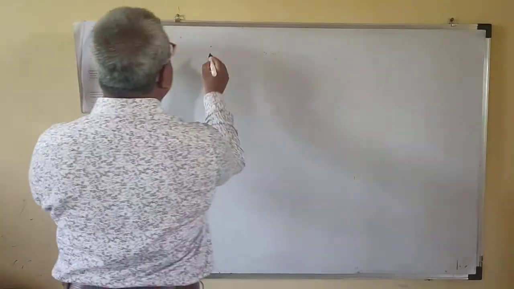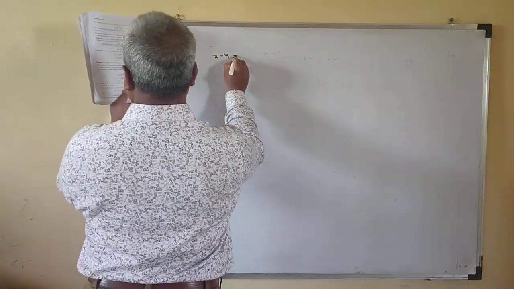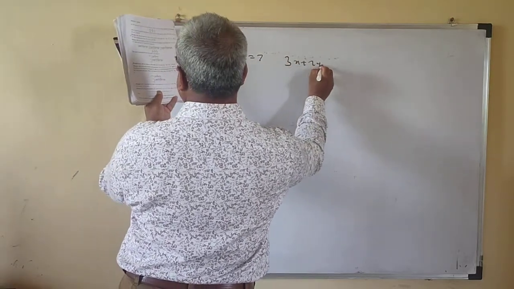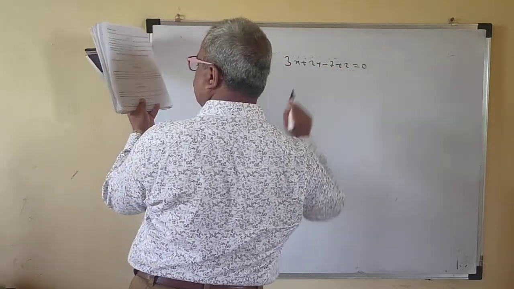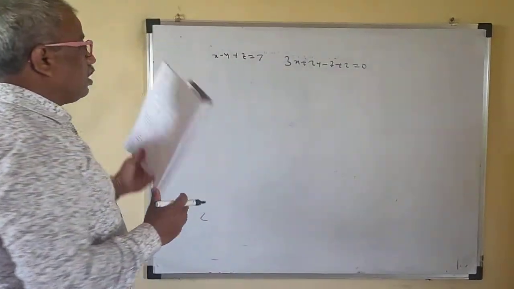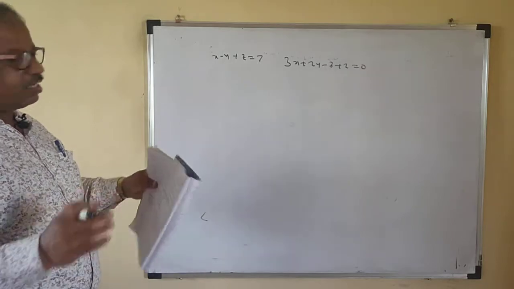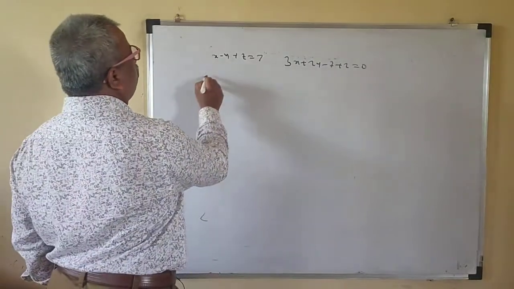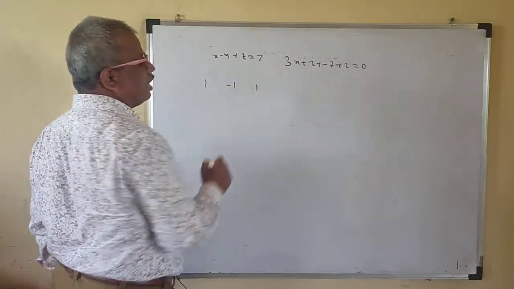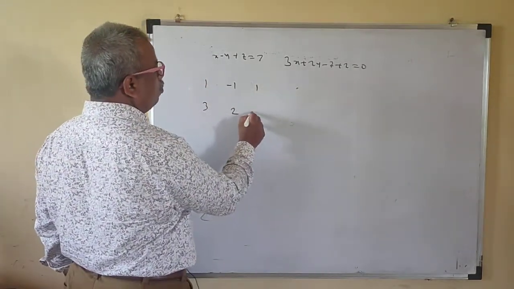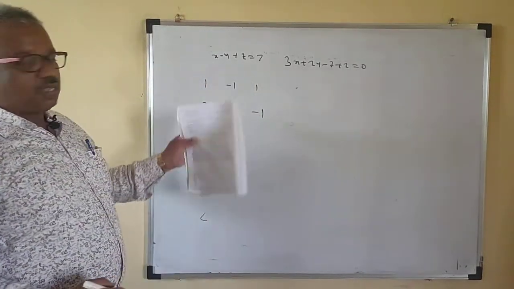Okay, now suppose we have the equations minus y plus z is equal to 7 and 3x plus twice y minus z plus 2 is equal to 0. We want to know whether the normals are perpendicular, parallel, or intersect. So what is this? 1, minus 1 are the DRs of this, and now 3, 2, minus 1 are the DRs of the second plane.